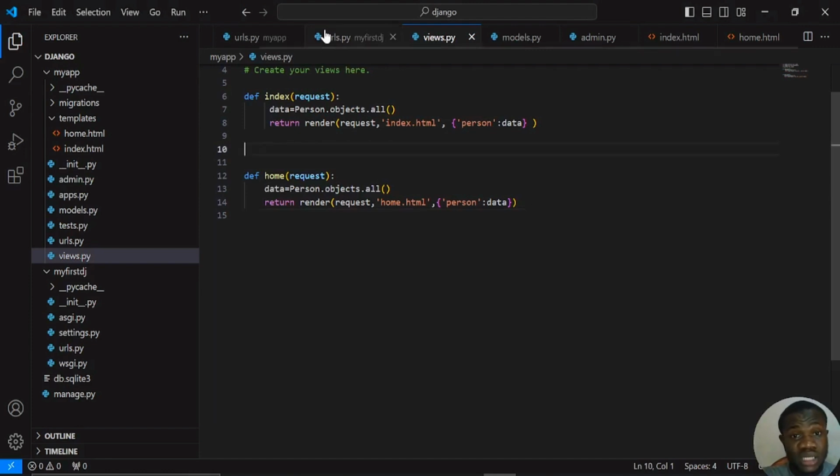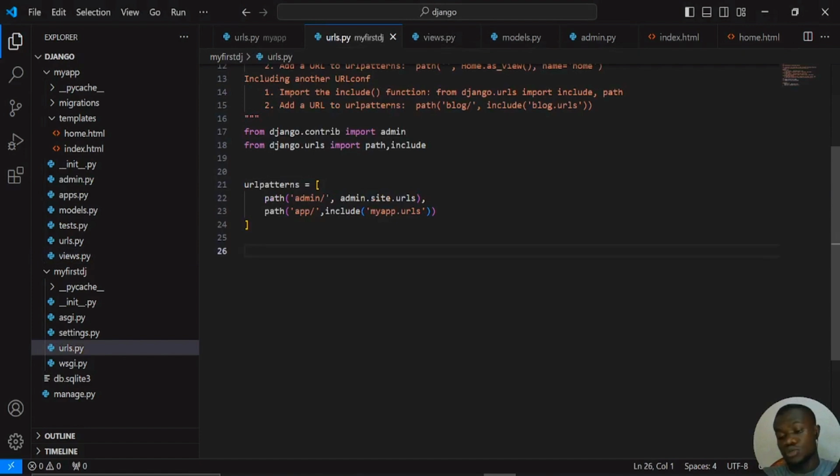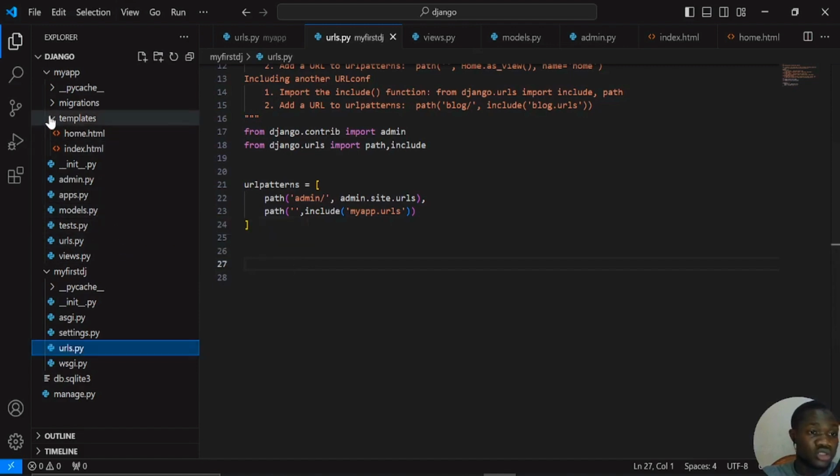let's first go to our project urls.py file. Inside this project urls file, we are telling Django that any URL that comes with this app name should match it to our application urls. But in this case, we are going to clear all this over here. So now Django no longer requires any prefix name for the URL. If you request any URL name, it automatically sends you to the urls.py file you created